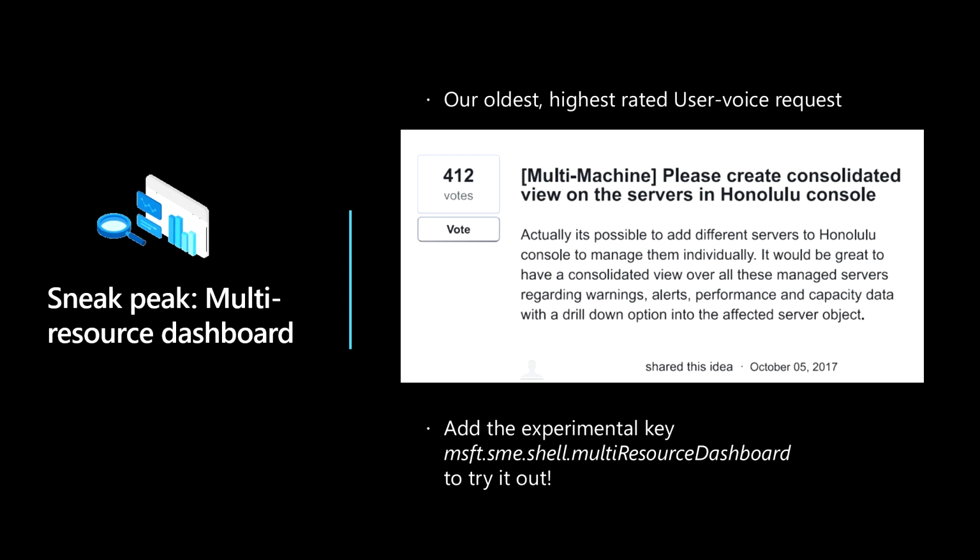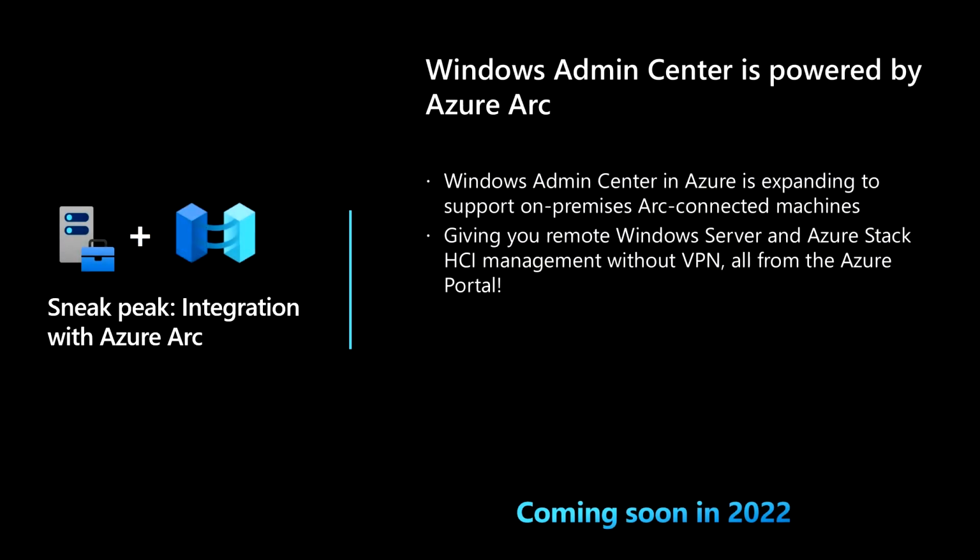Our second sneak peek, and I left this for the end as it's one of my favorites, is an integration of Windows Admin Center and Azure Arc. That is, you can now use Windows Admin Center in Azure, and it's going to be powered by Azure Arc for you to manage your on-premises Arc-connected machines natively from the Azure portal. This means you get this entire set of server management toolset that Windows Admin Center has built over 3 or 5 years, once again natively in the Azure portal as I showed you earlier for our IaaS VMs, but instead to manage your on-premises Windows Server and Azure Stack HCI clusters, all in the Azure portal, and the biggest difference being